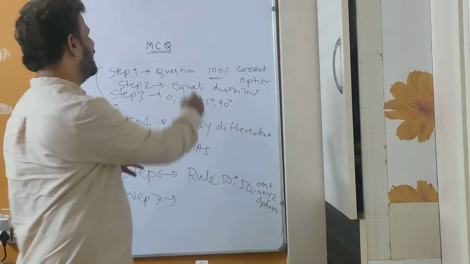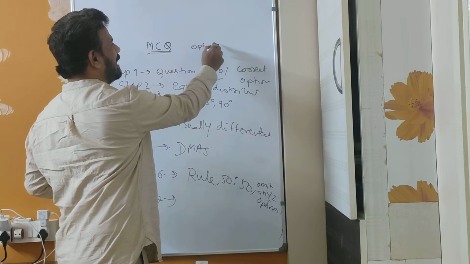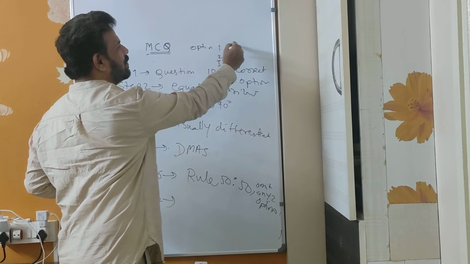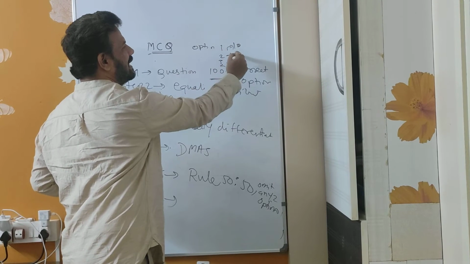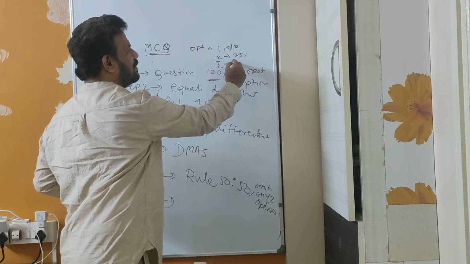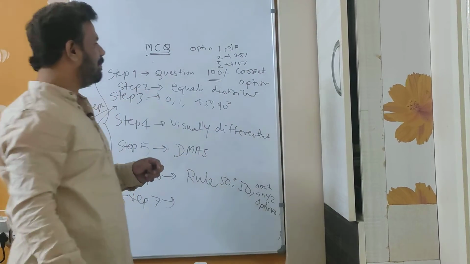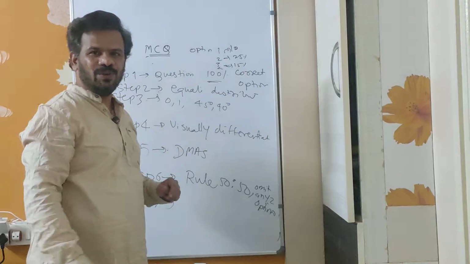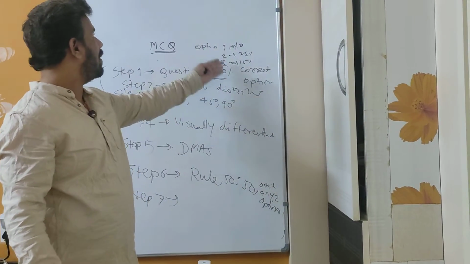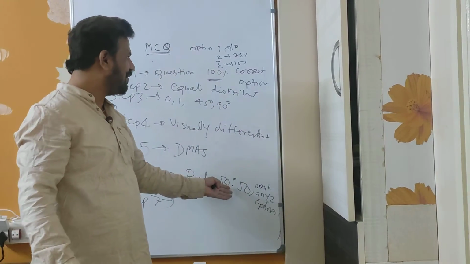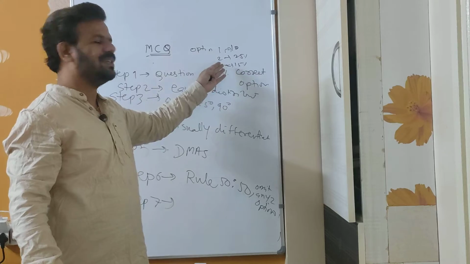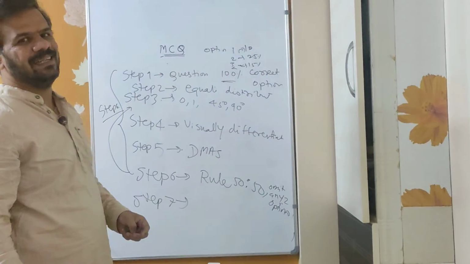Option number 1, 2, 3, 4, and what percentage each owns. Let's say this is only 10%, this is 25%, and this is, let's say, around 15%. Now you will come to know that option number 4 is not at all used. So now most probably rule 50-50 will give you the options you are left with. Option number 4 is the remaining option, and you should tick on that. So